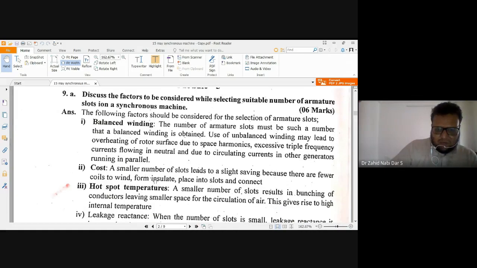Discuss the factors to be considered while selecting a suitable number of armature slots in a synchronous machine. The following factors should be considered for the selection of the armature slots. Number one is balanced winding. What do you mean by a balanced winding? A balanced winding should essentially be such that